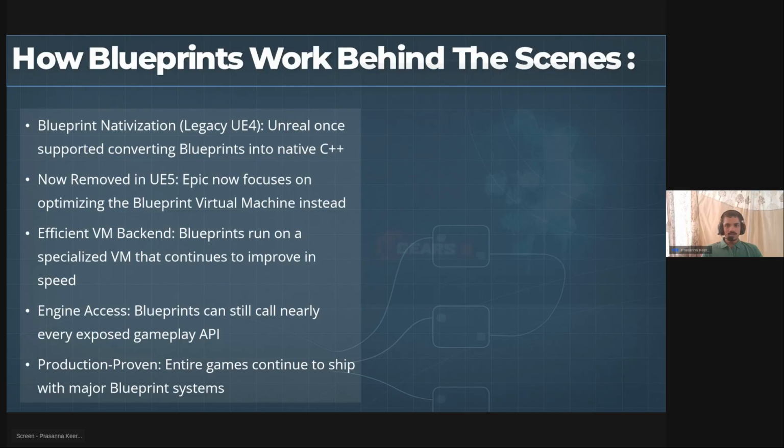What is this? The core idea of the visual scripting system is that people have written something in C++ in the background, so you don't need to worry about it. But in the real-time scenario, what is actually happening is which functions you are calling, what requirements you need, what the data and information is, and how the flow will be.